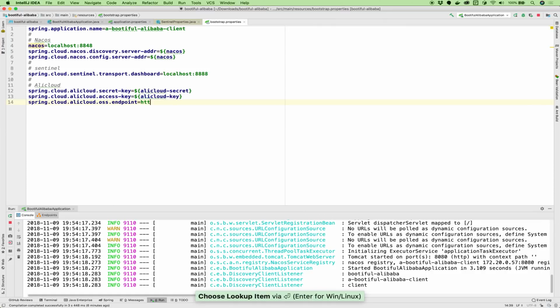I'm going to point it to HTTP OSS US West 1.aliyuncs.com. Okay, I think that's it. There you go. US West something. That's the configuration now to connect to Alibaba Cloud.